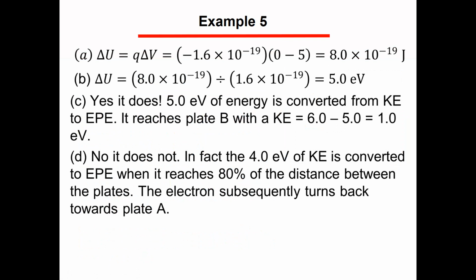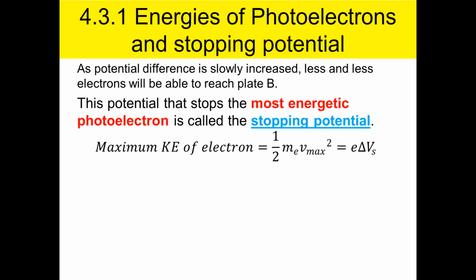So what I can do is slowly increase the potential difference until I measure no current. That's like me throwing this pencil case out with a range of energies from 1 to 10, and I slowly increase the gravitational field until I cannot reach the ceiling. And then, now that I cannot reach, I know what the energy of the pencil case is.